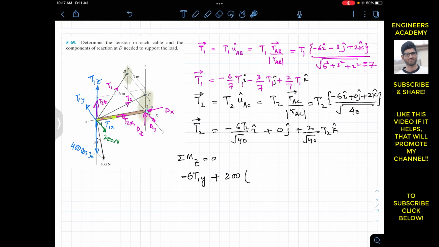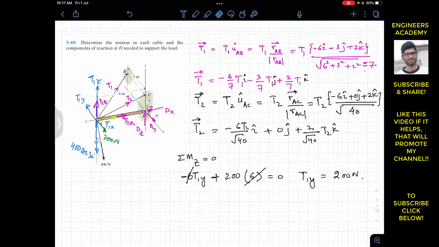200, and the perpendicular distance of this 200 Newton force from that z-axis is this distance, which is again 6 meters. So I will multiply this with 6, and this is equal to 0. So from this we can say that T1y is, if we divide this whole equation by 6, T1y is equal to 200 Newton. And similarly, if we know T1y, which is the y component of T1,